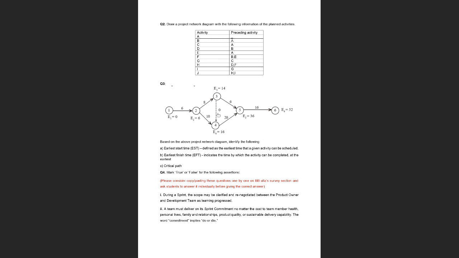All right, so what about 3, 5 now? What is the earliest time at which 3, 5 can finish? Yes, 20. 8 plus 6 plus 6, 20. Okay, next we have 4, 5. Yes, 36, right? Because we have one coming in from here, one coming in from here. We take the higher number, so that is 16. So we have 16 coming in from here, 14 coming in from here. We take the higher number, that is 16 plus 20, 36. So this is the earliest finish time for this activity.